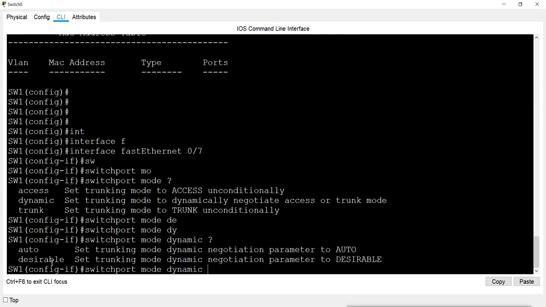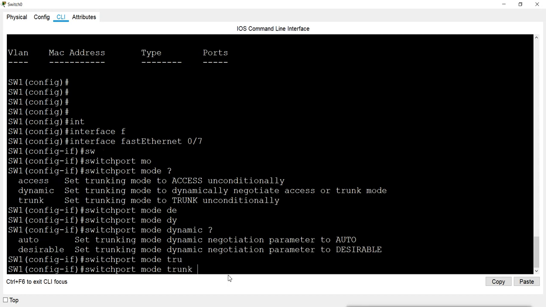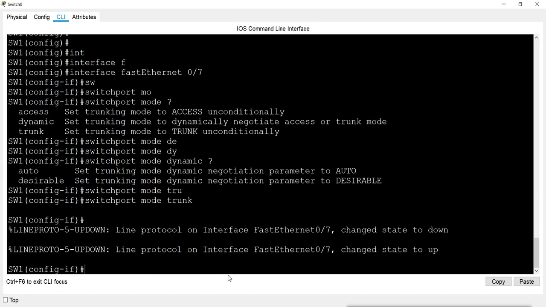So we convert them into access when we add them into a VLAN, and if we want to convert them into trunk, we purposely say switchport mode trunk. This is changing the port into trunk manually.